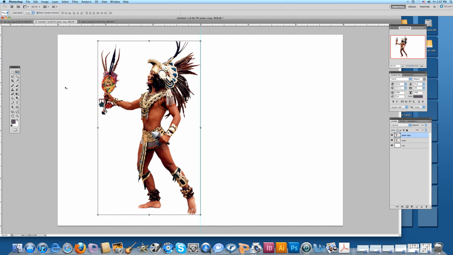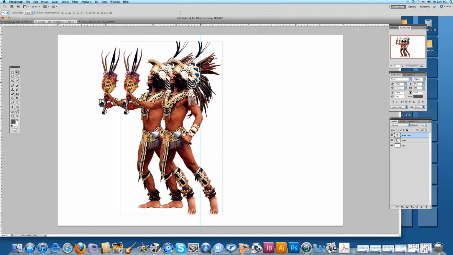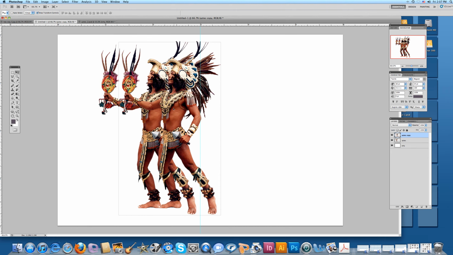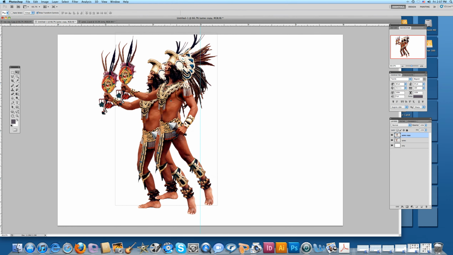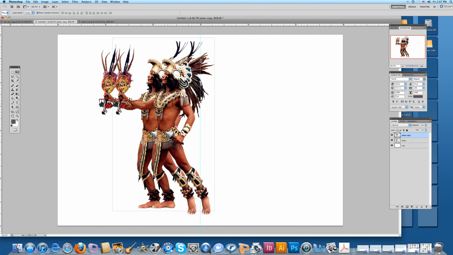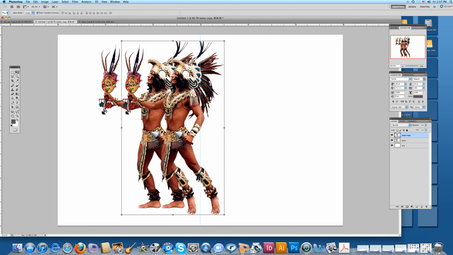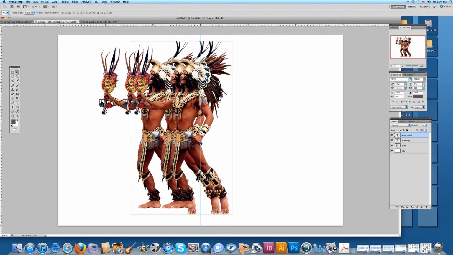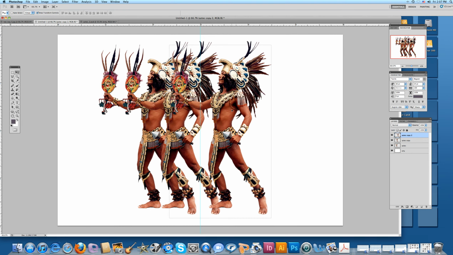Now if I pull him off and use the shift key as I move him, he's going to move straight across. If I put the shift key down, I can't move him up and down. The shift key not there, I can move him up and down. With the shift key there, he's locked in. And I could have twin warriors, sort of place them like that. If I wanted another one, I could say Aztec copy, give me one of those guys. And then grab the copy and pull it, use the shift key and pull him back so that we've got